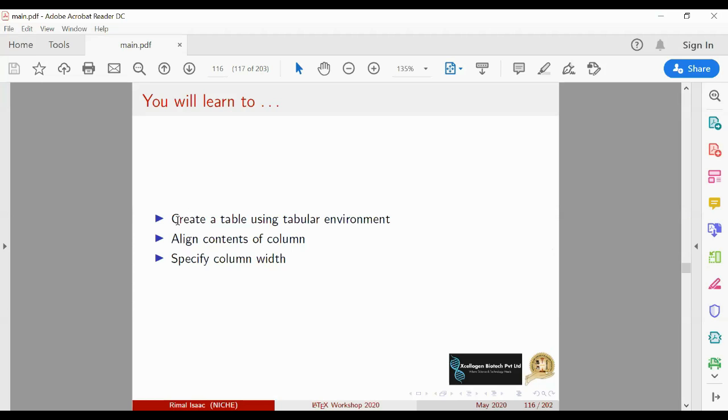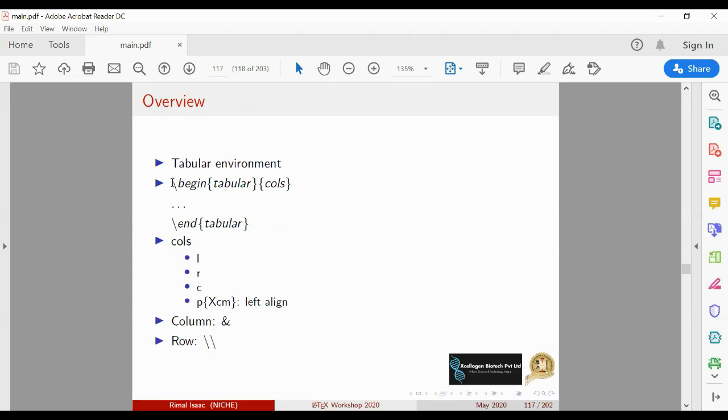For tables, you have to put the contents of the table inside begin tabular and end tabular. Here you specify how many columns are present, and this also defines the alignment of the columns.